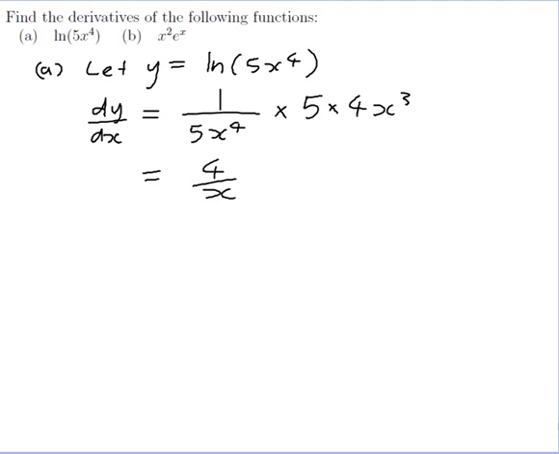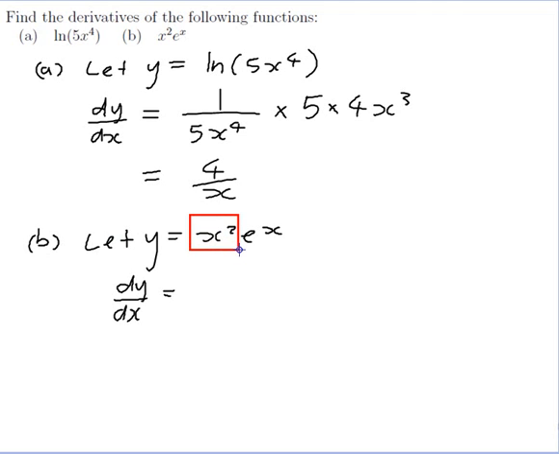Now for part B. Let y be equal to x squared e to the x. Well, this time it's not the chain rule. I've got two things multiplied together, so that would be the product rule. So dy on dx would be the derivative of the first. So the derivative of x squared would be 2x